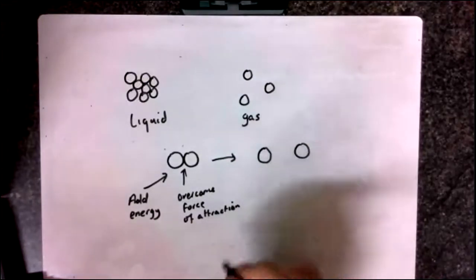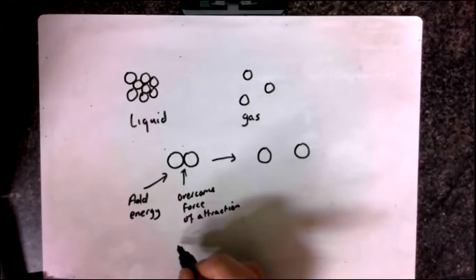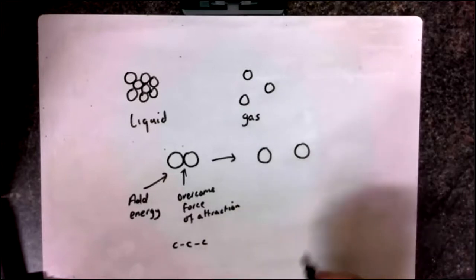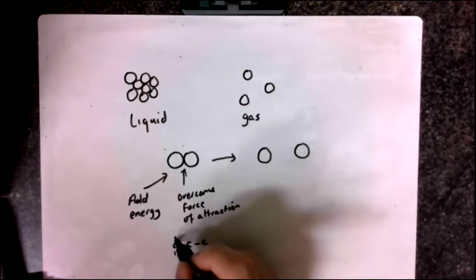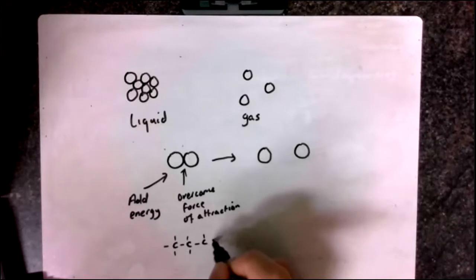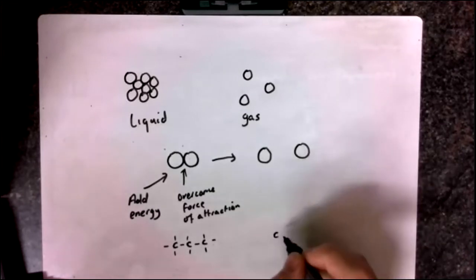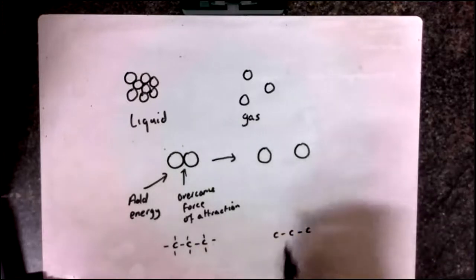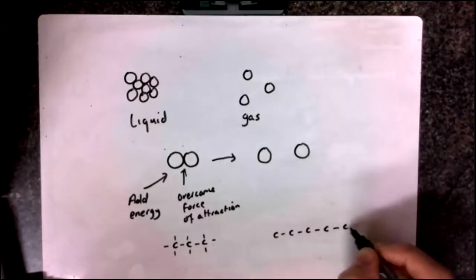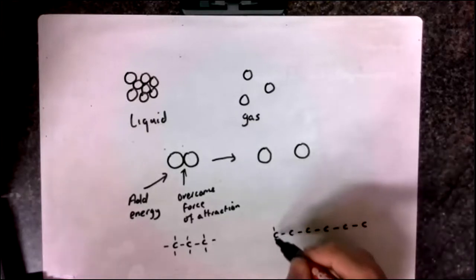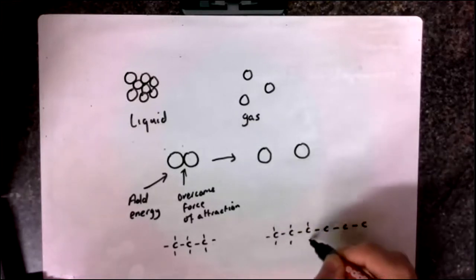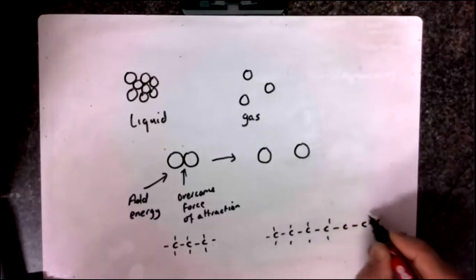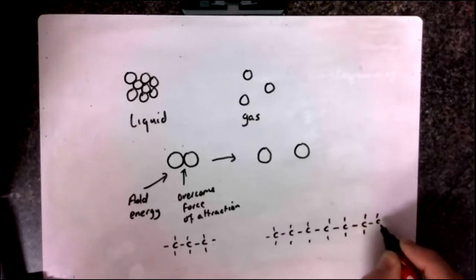Now, it so happens that if we take alkanes, and I'm going to draw an alkane like this one, C single bond C, that's an alkane. If we were to compare that to a longer alkane, so this is a relatively short alkane, only 3 carbons, if we were to compare this to an alkane with 1, 2, 3, 4, 5, 6, 7 carbons,